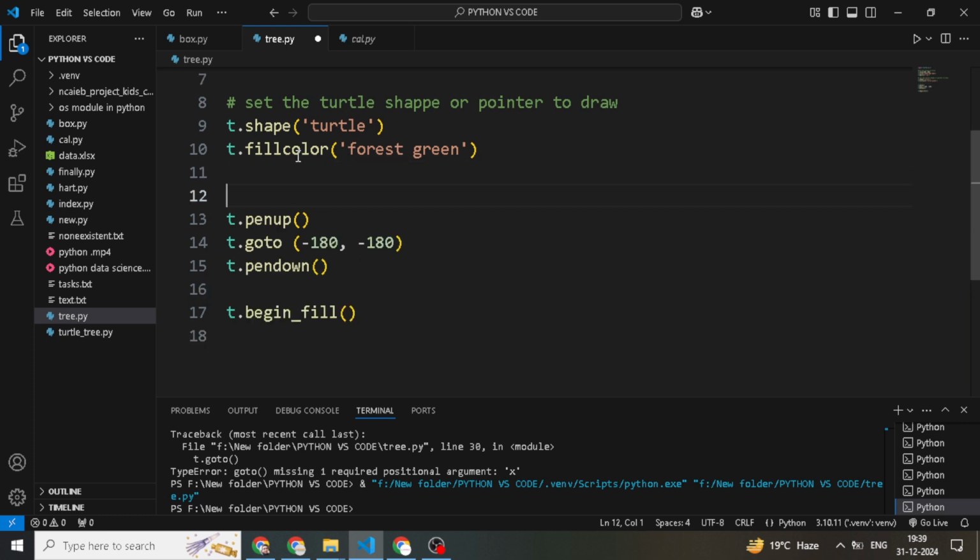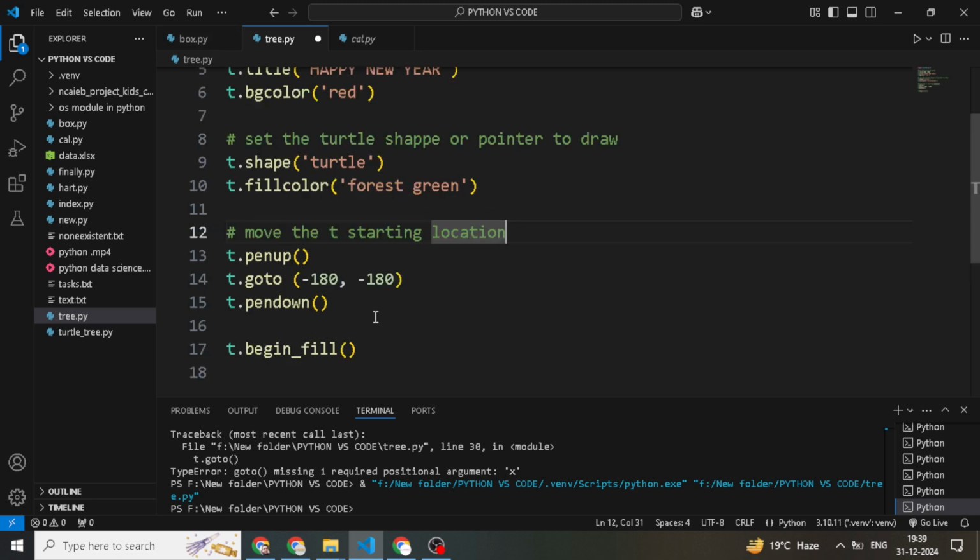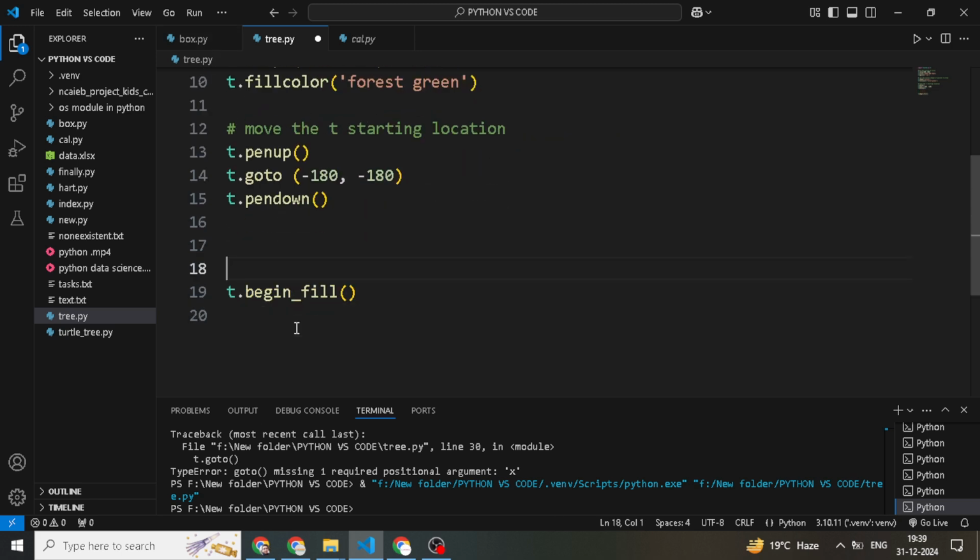Here I add the comments: move to the starting location, pen down so it's drawing, and begin fill to start filling the shape.